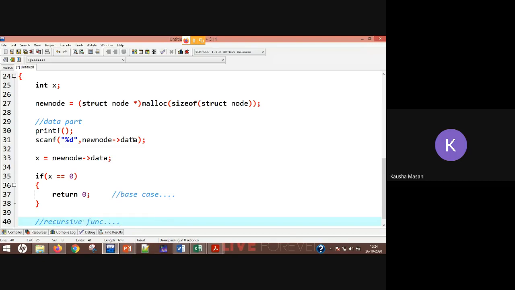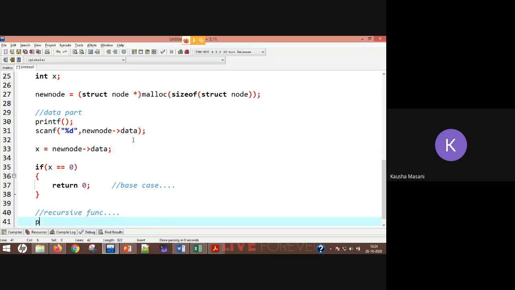Okay, for the left side and right side. So again, your printf statement. See, I'm writing it in short. Okay, printf statement. What are you going to write? Enter the left child, of whatever value you are giving for the new node. So you are going to ask for the left child.